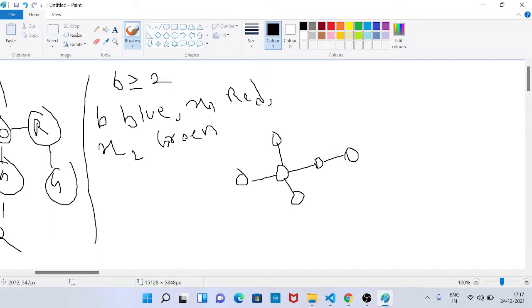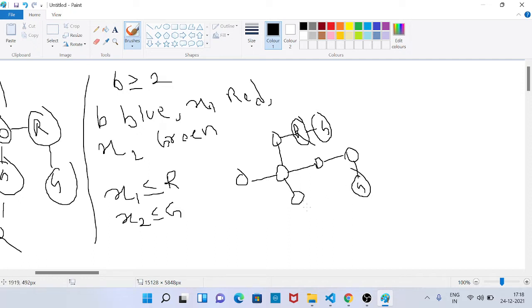We have created one tree which consists of B blue nodes, x1 red nodes and x2 green nodes, and which is correct according to the given condition, in such a way that x1 is less than or equal to R, and x2 is also less than or equal to G. So we are left with some green nodes and some red nodes. What can we do? We will add the remaining nodes randomly to the constructed tree. That will not create any issue,